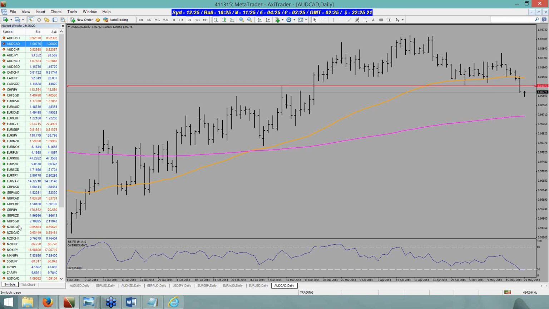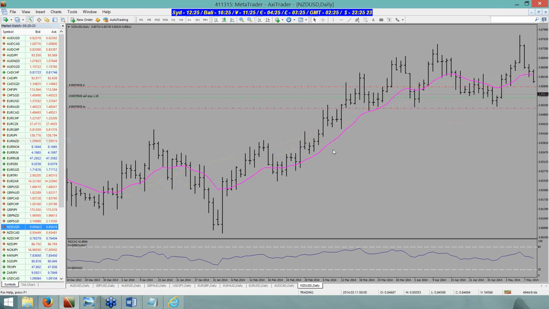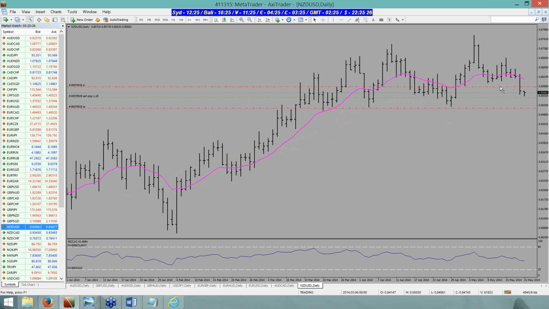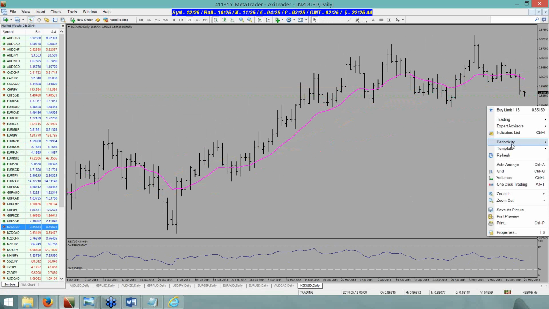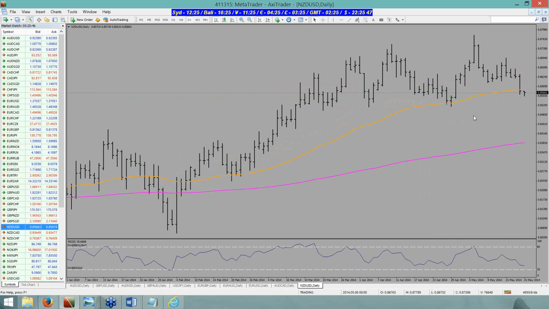And the Kiwi, it's doing its phase 2. Oh no, it's a snake down, isn't it? Snake down. You know, we are still making higher highs in this. So at this point, you'll be looking for a potential long setup if we see some buying intention in the next day or so.